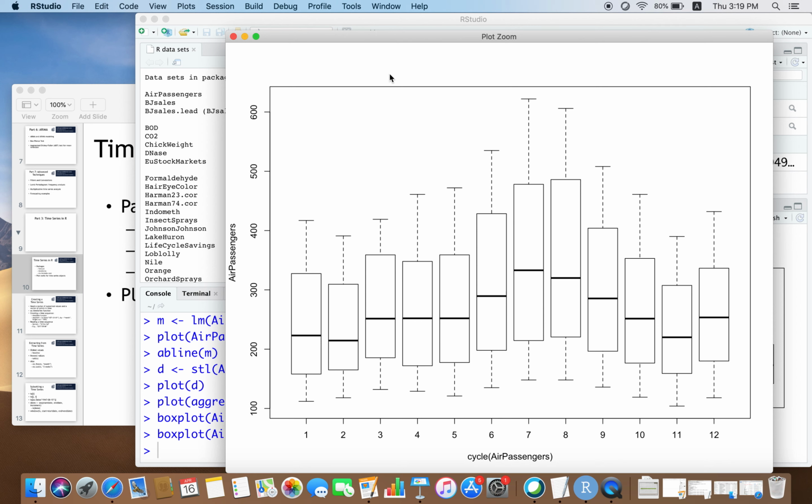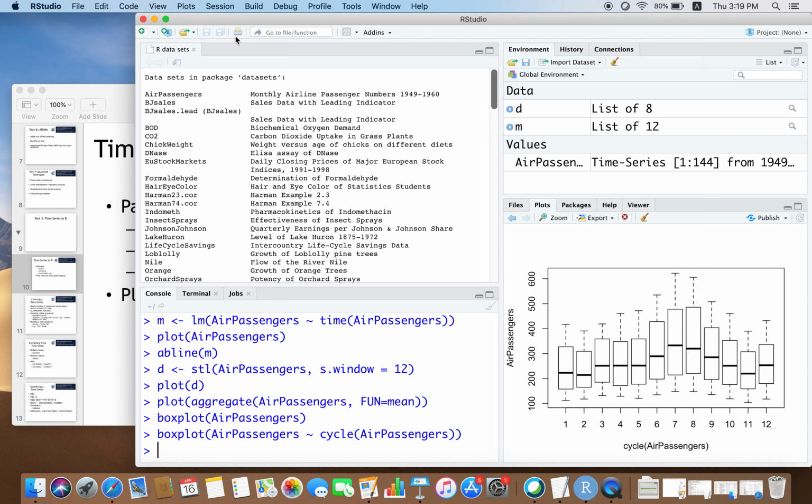So if you have a time series data set, you can understand that data by invoking STL and using the knowledge that the time series class has in terms of the cycle and the frequency. You can use other functions like the box plot to understand the data set better.